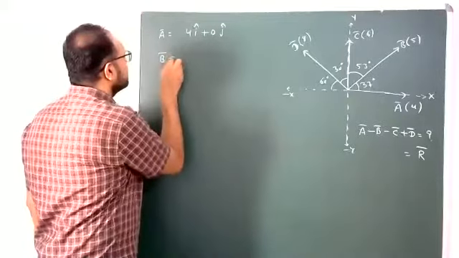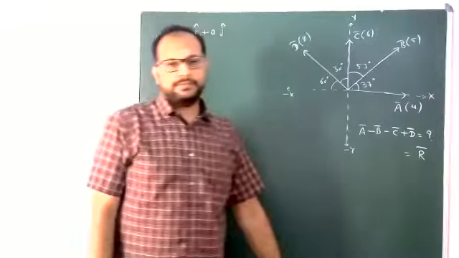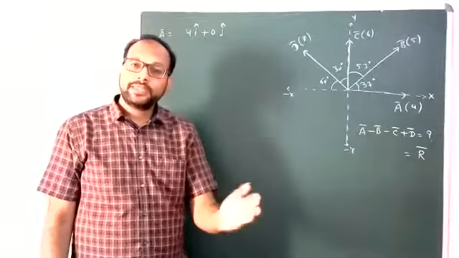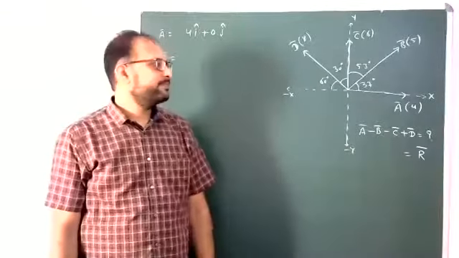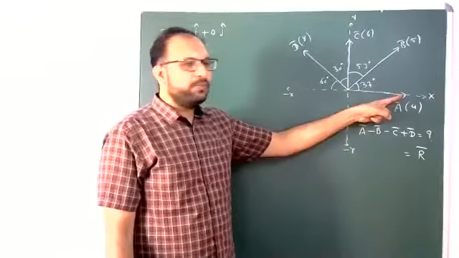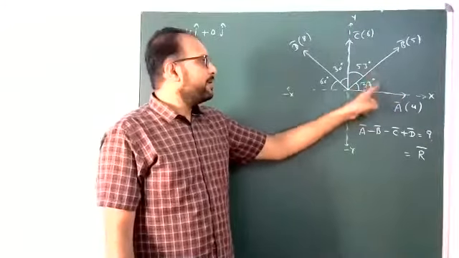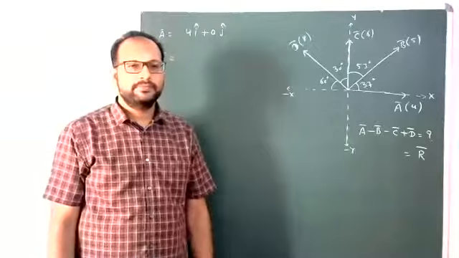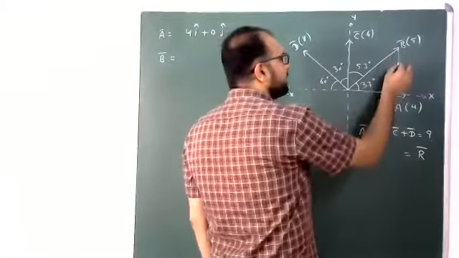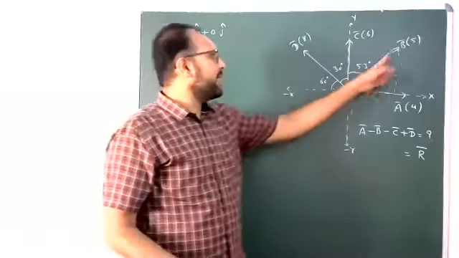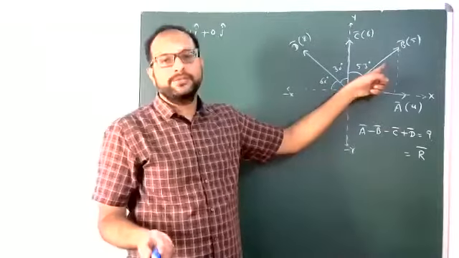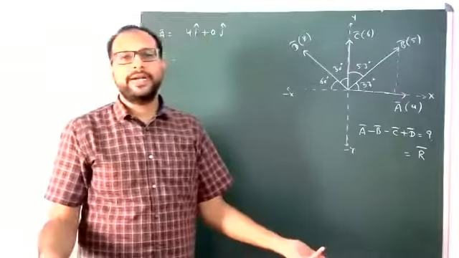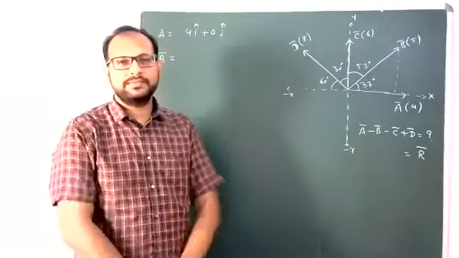Now the second vector, B bar. Students, B bar is in the first quadrant. Positive x component is there, positive y component is there. The positive x component is related to 37, the positive y component to 53. We already know resolution of vectors. Suppose you do not remember resolution, no need to worry. It is one right angle triangle. 5 is the hypotenuse, the adjacent side is the x component, the opposite side is the y component. That's all, very simple logic.